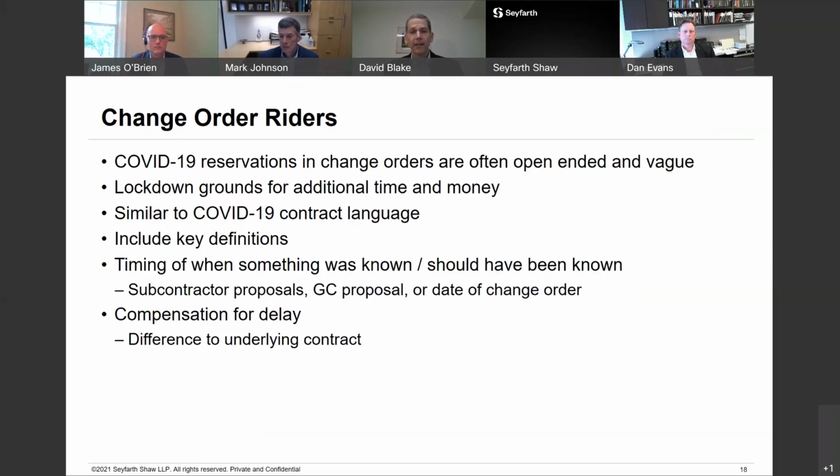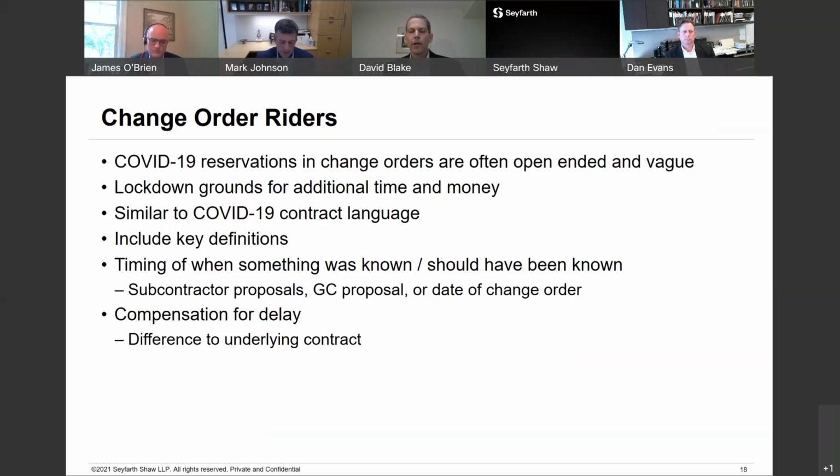A contract is signed, of course. So now we need to figure out what's that point in time that we're going to hold the contractor responsible for, what's occurred and what it should know about. And there's three main choices that I've seen, and that's going to be when the subcontractors provide their change order proposals, when the general contractor provides its wrap-up overall proposal for the change order scope, and then when we sign